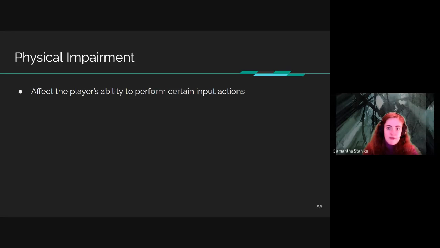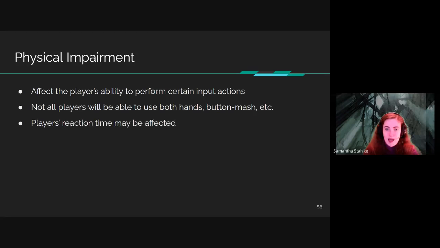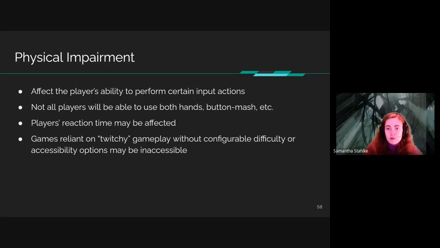This can affect the player's ability to perform certain input actions. Not all players are going to be able to use both of their hands or button mash or things like that. A player's reaction time might be affected by things like a musculoskeletal impairment. So games that are really reliant on twitchy gameplay, without configuration difficulty or accessibility options, may be inaccessible to those with a physical impairment. For example, not being able to perform the button mashing type of quick time events